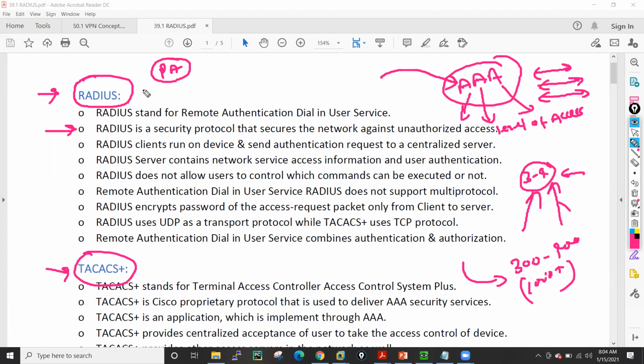In that case, we will use RADIUS. We will configure the RADIUS server and set up a relationship between Palo Alto and the RADIUS server, and we import all the users from RADIUS to Palo Alto. After that, people start using their RADIUS credentials for logging into this Palo Alto device.